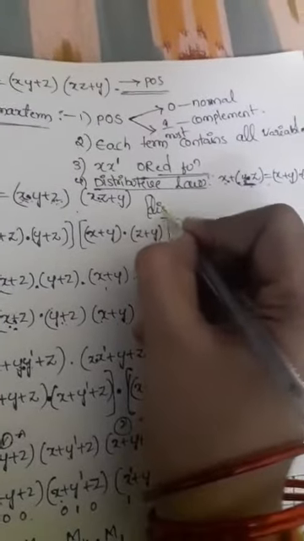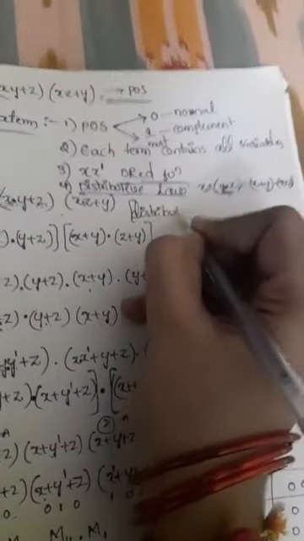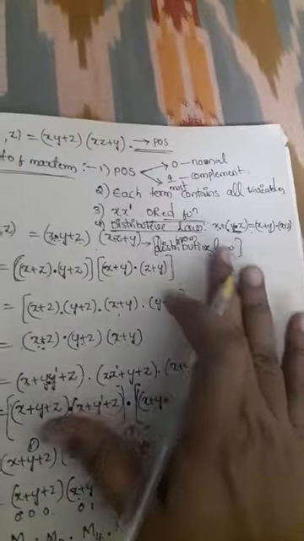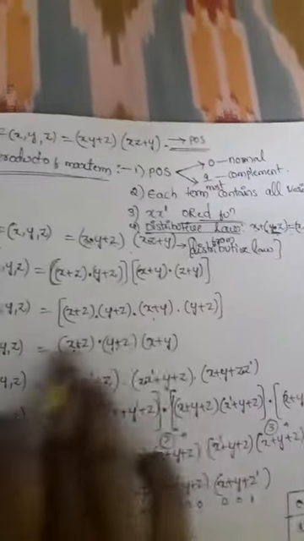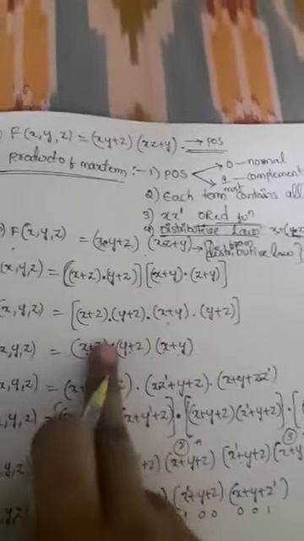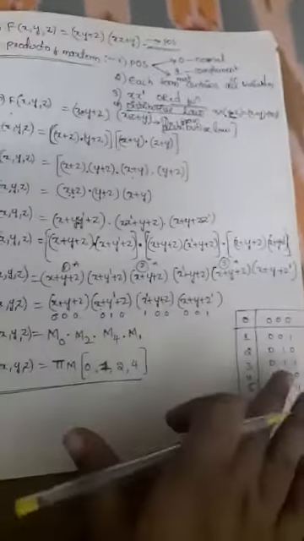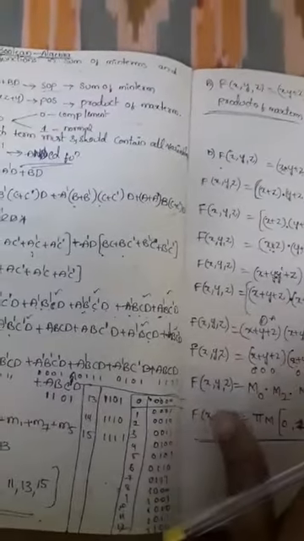Okay, distributive law from the first step. So first you should apply the distributive law, after that simplify the function, and then you can go for the procedure of product of max terms. Okay, so this is a complete explanation about Boolean algebra of these two functions, that means sum of min terms and product of max terms.